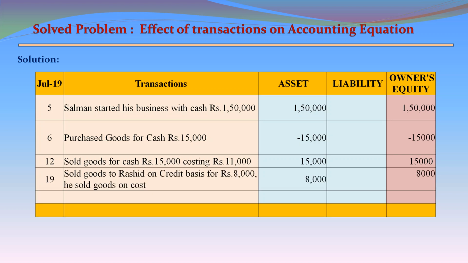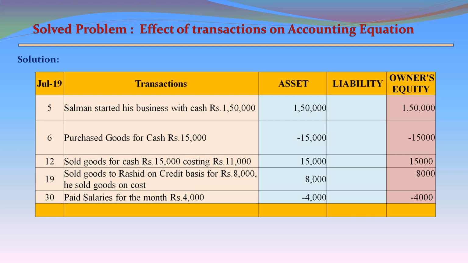July 19, sold goods to Rashid on credit basis for rupees 8,000. He sold goods on credit and this will increase the asset, as we are receiving accounts receivable on the asset side, and it will increase the owner's equity also by that amount, 8,000 rupees. July 30, paid salaries for the month of July rupees 4,000. This will reduce the cash, so on the asset side minus 4,000, and it will reduce the owner's equity also